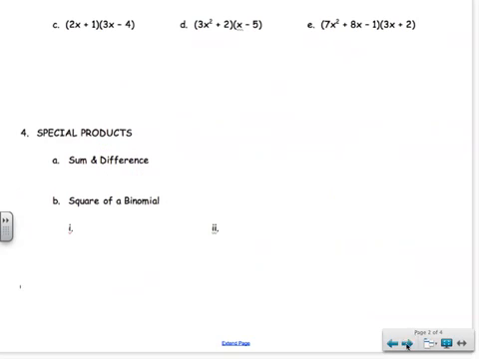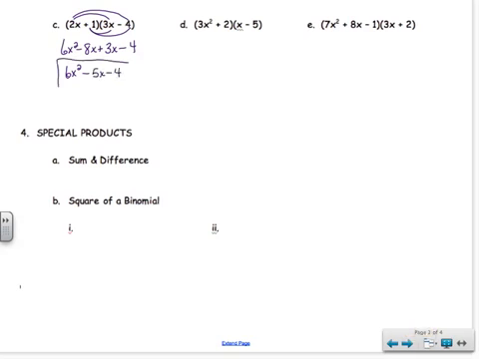Now these would be examples of FOILing. So we're going to multiply our firsts, get 6x squared, our outers and get minus 8x, our inners and get plus 3x, and our lasts and get minus 4. And then combine any like terms. So we get,